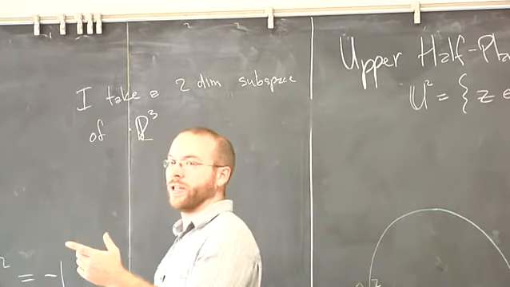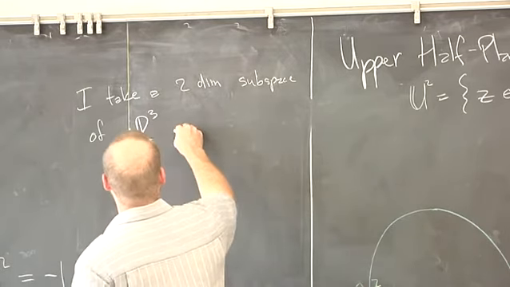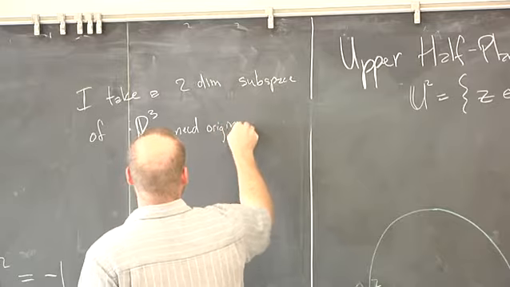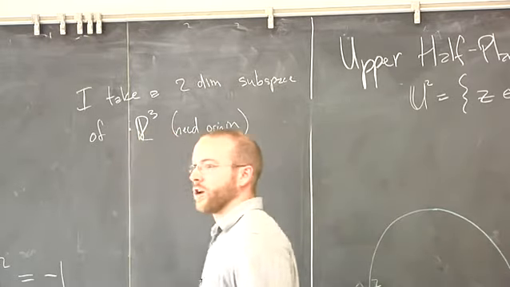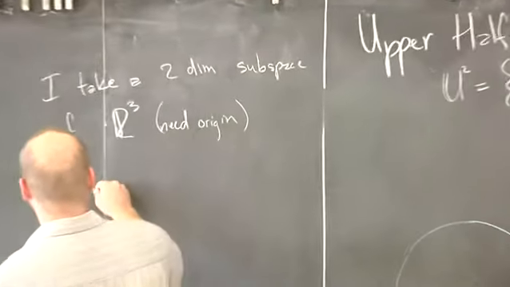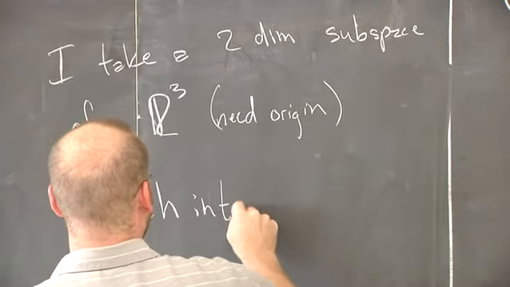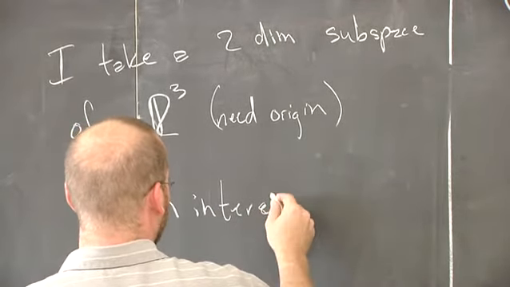It's a subspace, so it needs to have the origin. So it needs the origin, right? Which intersects